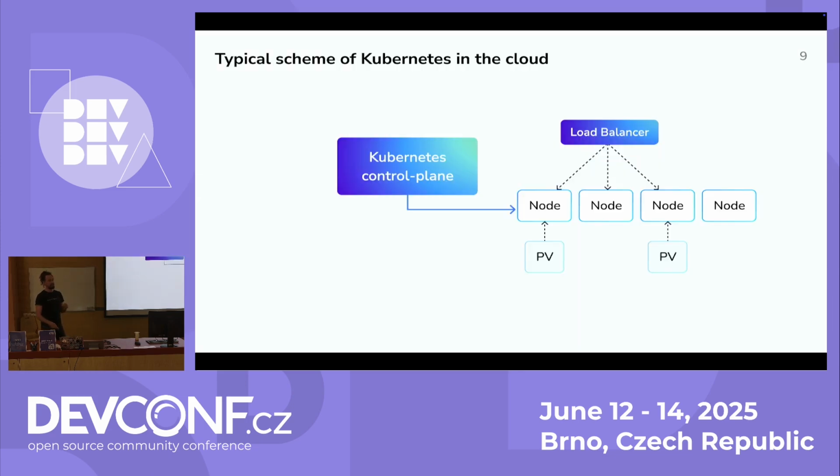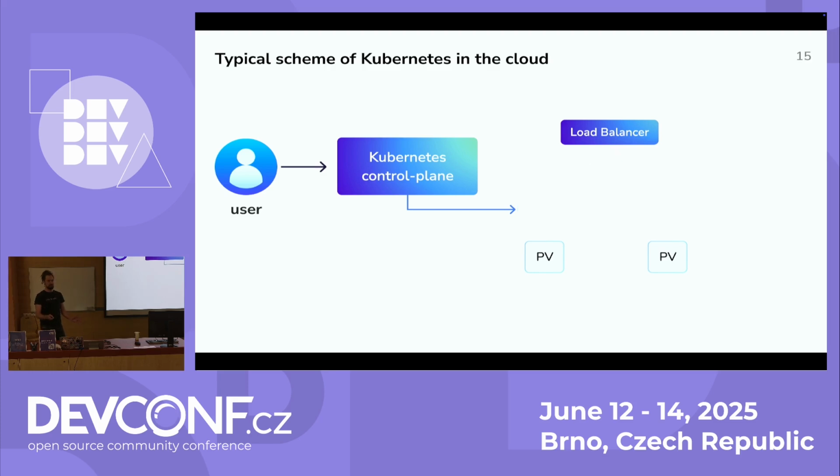When you work with Kubernetes in the cloud, you usually see this scheme. You have the control plane separated, worker nodes, networking services, and storage. Everything is separated. When you communicate with the Kubernetes control plane, you can start deploying something there. You can automatically scale the nodes down or up. You can even remove all the nodes of your cluster, then create them again, and your application will start running and continue using previous data, so it will continue working. This scheme works very well,